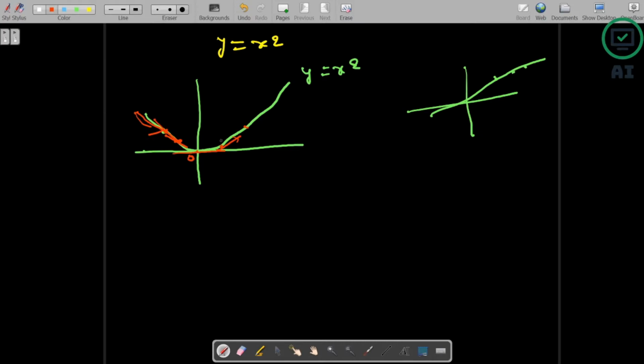So in this curve, slope is not consistent as compared to the line y equal to bx plus c. So we have to find out the slope in a different manner for this particular graph. How to find out the slope at a particular point, this is all we are going to discuss with respect to this graph.